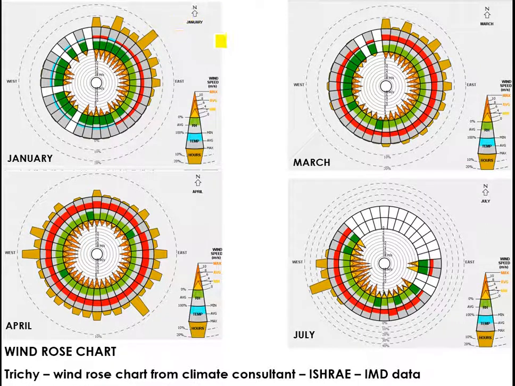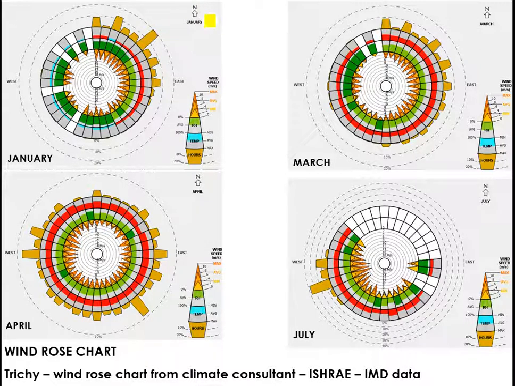We understand that in January it is mostly the northeast monsoon. The wind is pushing from the northeast corner of any plot or location. So it comes from the northeast. We also understand the temperature and relative humidity. This is the relative humidity and this is the temperature. It's in Trichy, so we are seeing it for Trichy. The temperature is a little higher in January, not very high. And the humidity is also good. It's almost green, and green means good humidity.